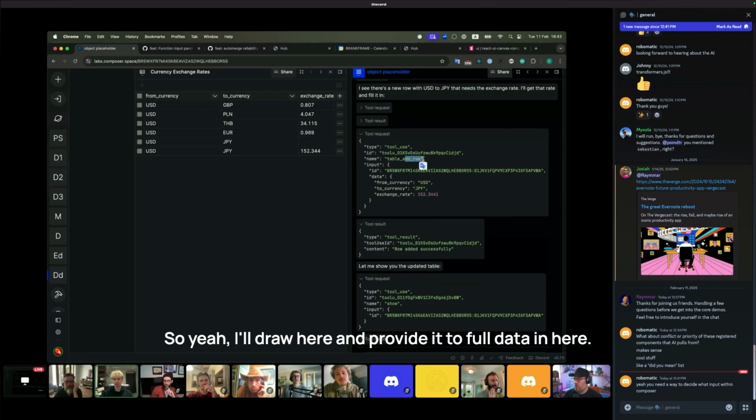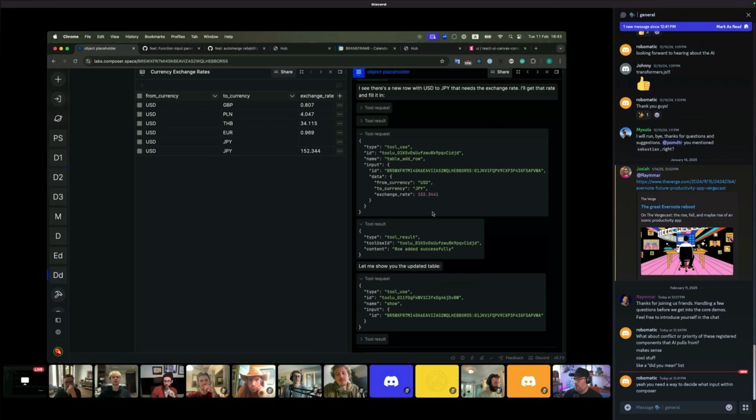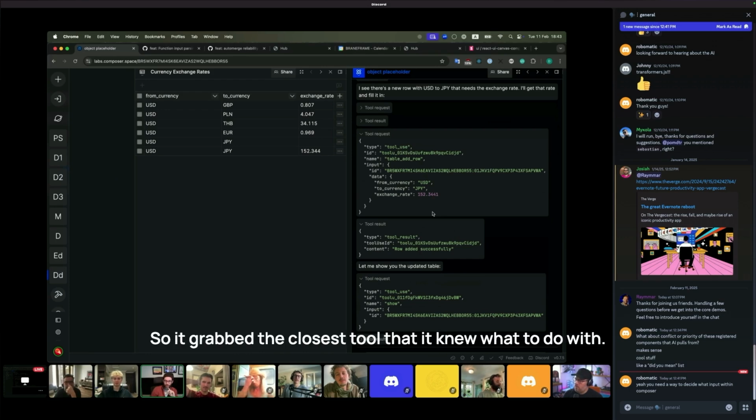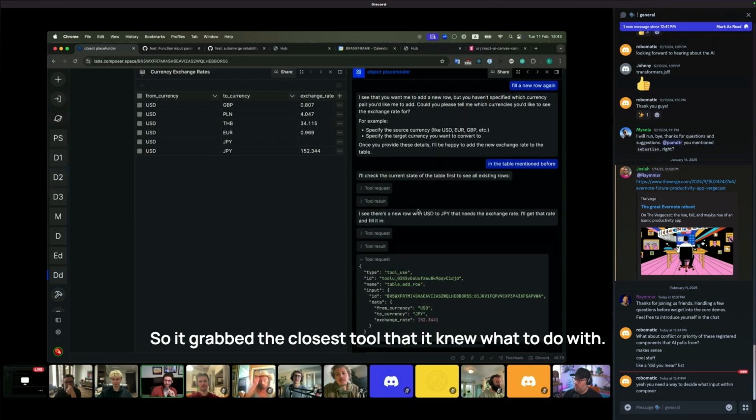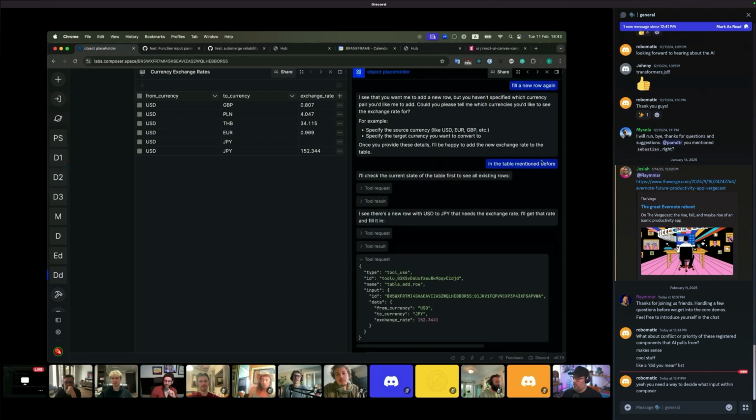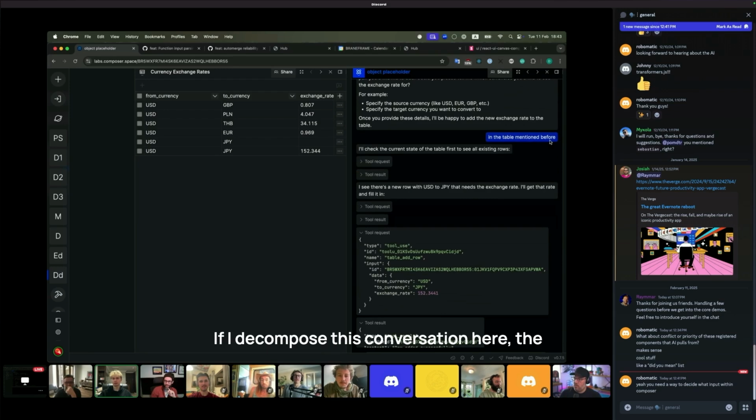So yeah, I'll draw here and it provided the full data in here. But it knew that it needed to do it for yen. It just didn't have the tool to fill in the row. So it grabbed the closest tool that it knew what to do with. Yeah, exactly. If I decompose this conversation here,